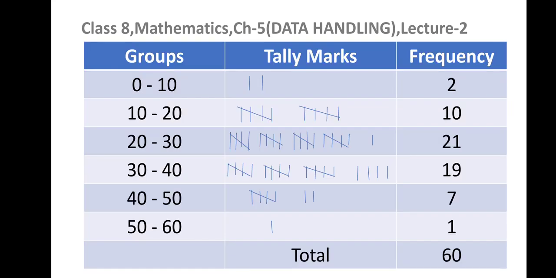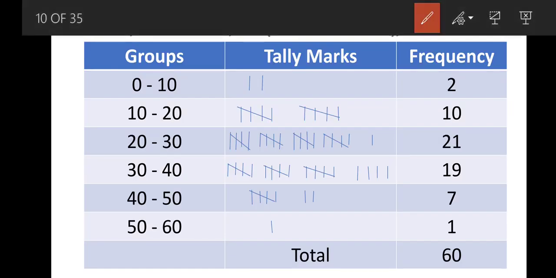So like this I have made the table, I have grouped the data 0 to 10, 10 to 20, likewise I have made the groups up to 50 to 60. The reason why I have included this 50 to 60 is, as I told you earlier also, 0 is the lower class limit of this interval. This 0 to 10, 10 to 20, 20 to 30, all these are class intervals. 0 is the lower class limit, 10 is the upper class limit, and this 10 will be included in the next interval. That is, the upper class limit of every interval will be included in the next interval.